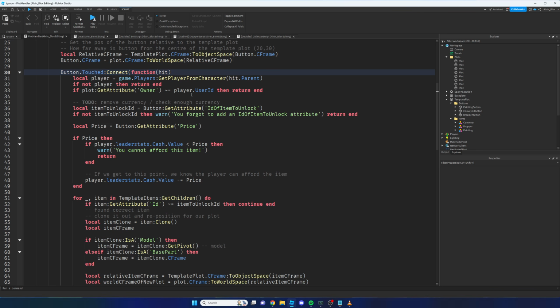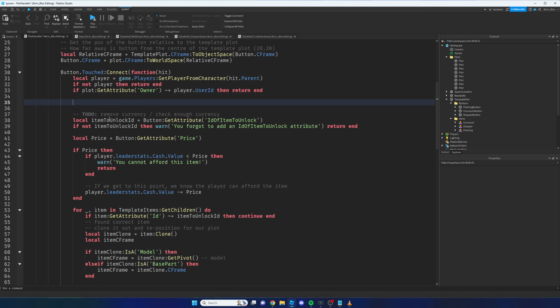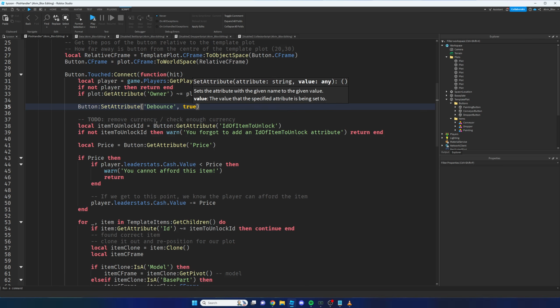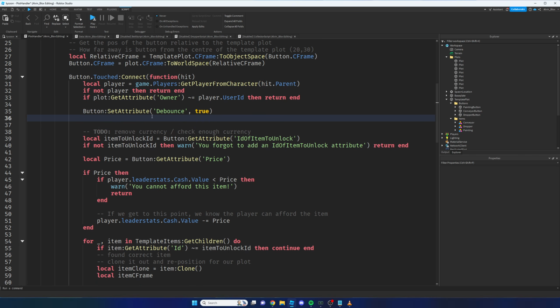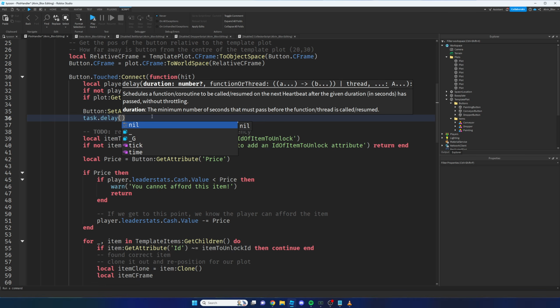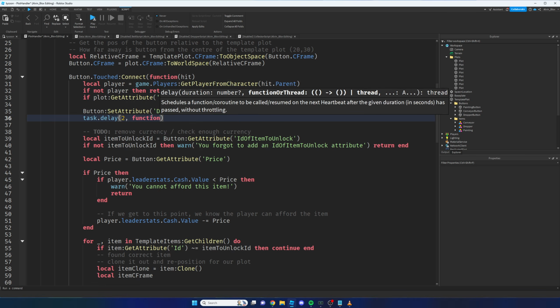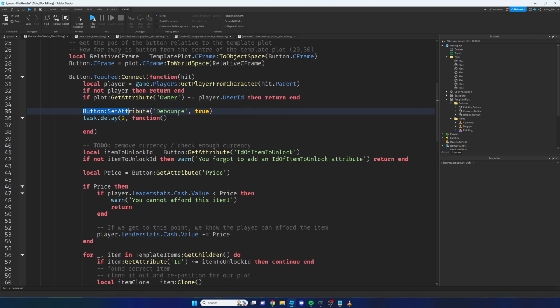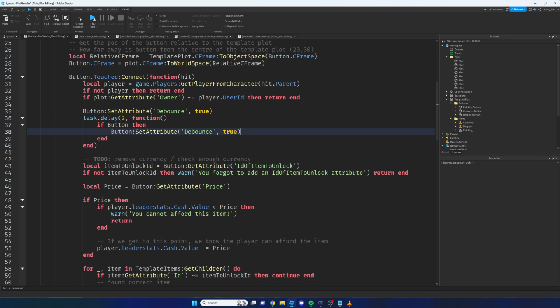Very simple way to fix this is you just say, around about here, we can just say button set attribute debounce true, and then underneath it we'll say task dot delay to function button set attribute. We can say if button then button set attribute debounce false,